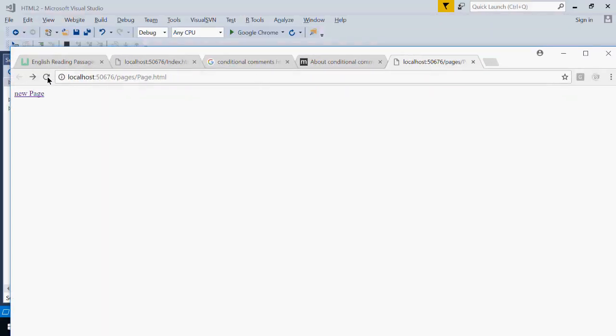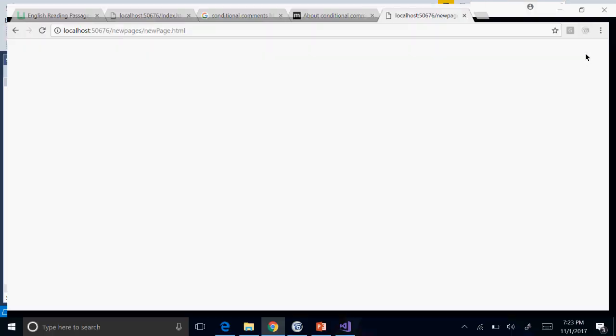You got it? So here, see, new page, you can go into the new page. So like that, it is in pages.page. When you click here, it's going to new pages.page. So you are navigating from one folder to another folder. Like this, you can use the navigation. For normal, this works for all JSP files, PHP files, and